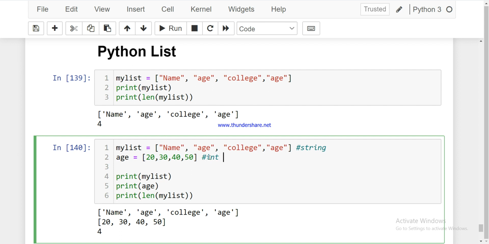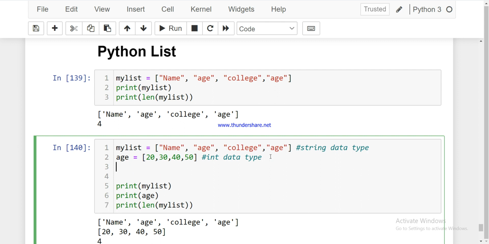Int data type, and this is of a string data type, right? And if you want to make your list boolean, you can also make a list like ABC, and this list can also contain boolean values.